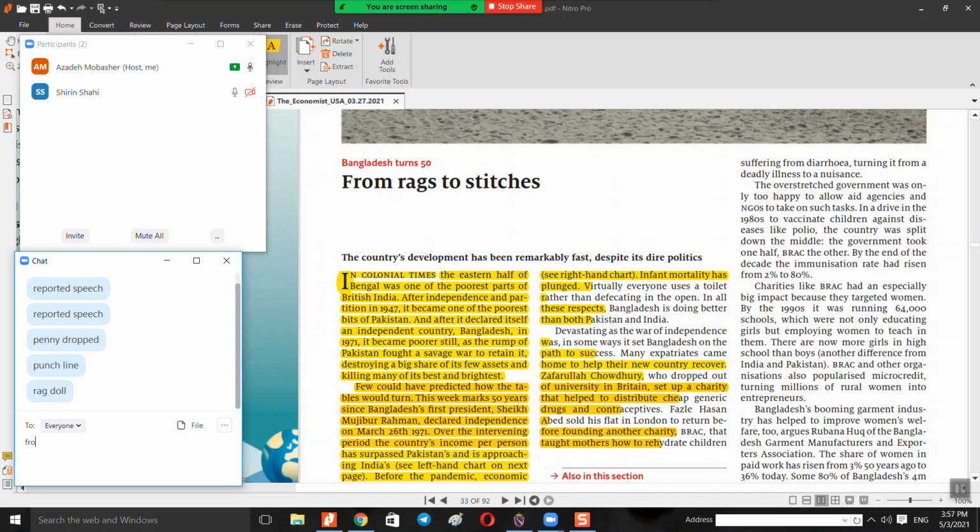That's the expression. Did you look it up or did you just remember this? I think she improvised that. Remembered that, right? You must have remembered that. You didn't make up that expression. From rags to riches. Very good. That's an expression. It means when, for example, a very poor person becomes rich one day.